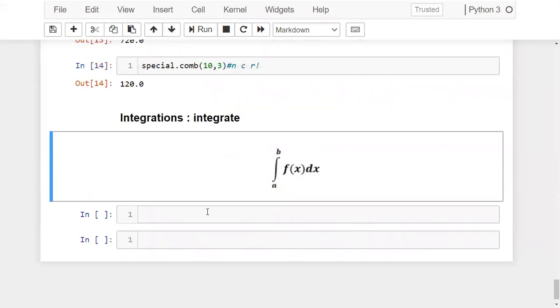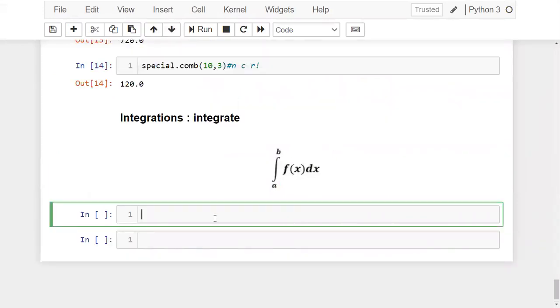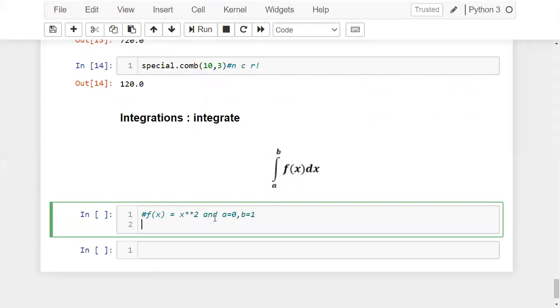Now look at the screen once. I want to find integration. Here I'm taking my function as x squared, my a value as 0 and b value as 1. Now I want to calculate integration on that particular function. Before using that function, first you need to import the subpackage integrate from SciPy.